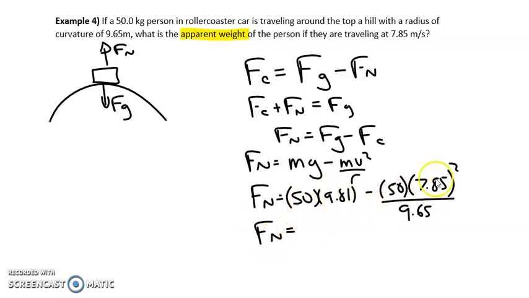Do your multiplication and exponents before the subtraction, which means it's 490.5 minus 319.2,